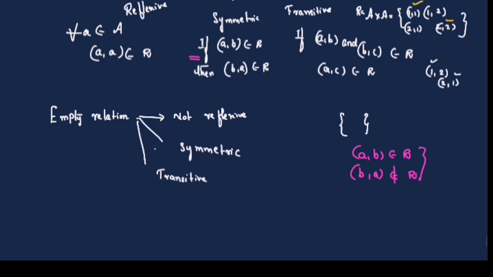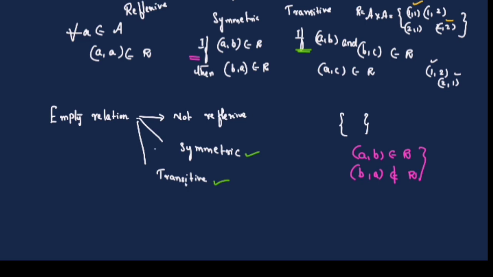The same way, the next one, the if condition: if AB belongs to R, can you take AB from here? Only if you take, you can say it is transitive or not, isn't it? So we are not able to take. If you are not able to take, then we say it is transitive. So the if condition is not there. We are not able to prove it is not transitive. That means it is transitive. So these two are very important. Empty relation is not reflexive, but it is symmetric and it is transitive.